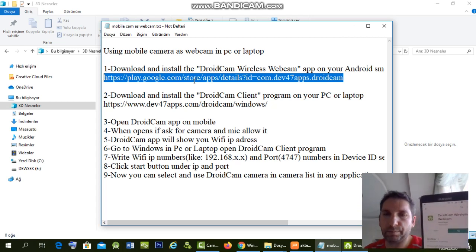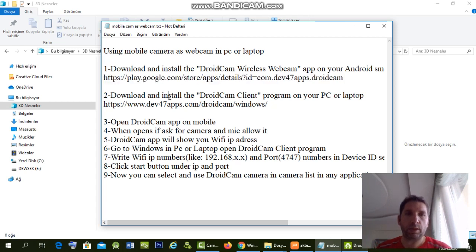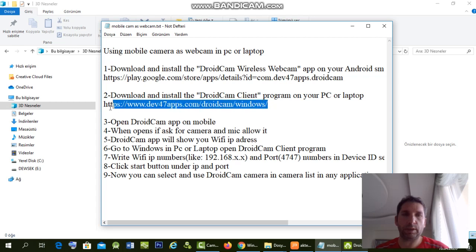After this, you will install DroidCam Client on your Windows laptop, to connect between this mobile and PC with Wi-Fi. So you will install this application from this link.